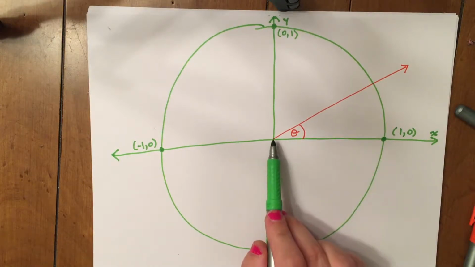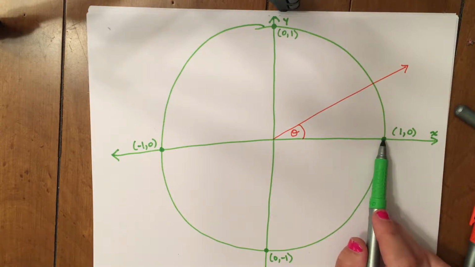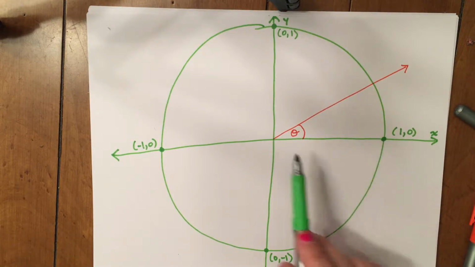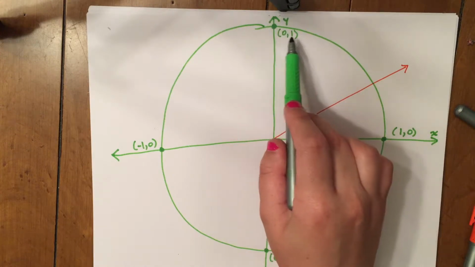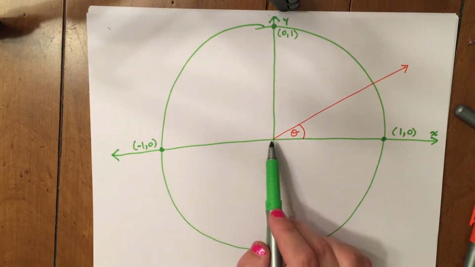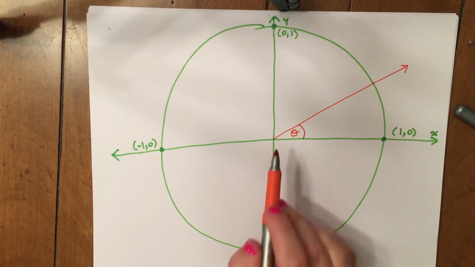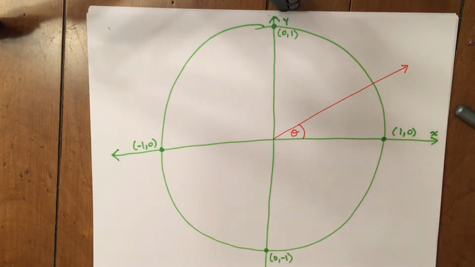If we go in the positive x direction, we get to the point (1, 0) when we cross the circle. And in the y direction, we get to the point (0, 1). In the negative x, we get (-1, 0). And in the negative y, we get (0, -1). Another thing that we notice is that if we draw a line, or a ray, really, from the origin in any direction,